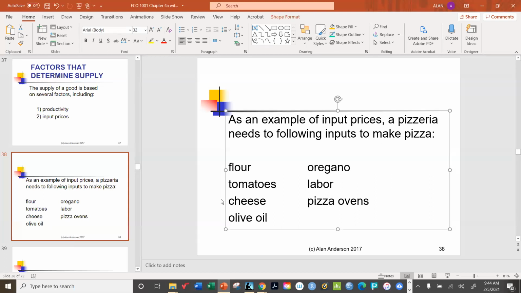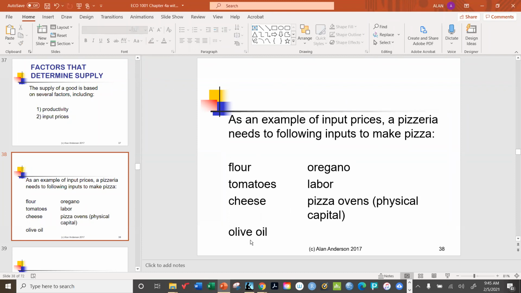Okay. So anyway, input prices refer to the costs of producing this product. And again, there are ingredients that go into the pizza, but we also have labor. And the pizza ovens, by the way, are a form of what we call capital, physical capital. Without that oven, there's not going to be a pizza. That's for sure. All right. So anyway,